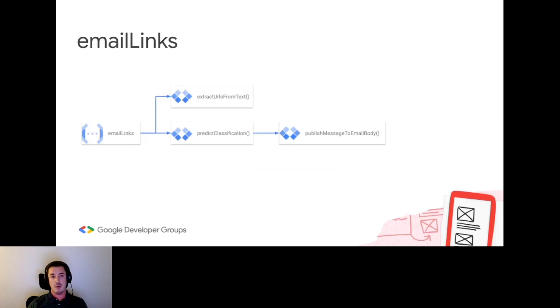Next, we go to email links, if there are email links. We extract all the URLs from that text and predict classification. An important thing to note here is that the steps are pretty much the same to predict one URL or to predict 10 URLs. If there is one URL, you send it over and get back whether it is malicious or not, or whether we think it is malicious or not. If we have 10, we just iterate one by one, send each over, and get the results.